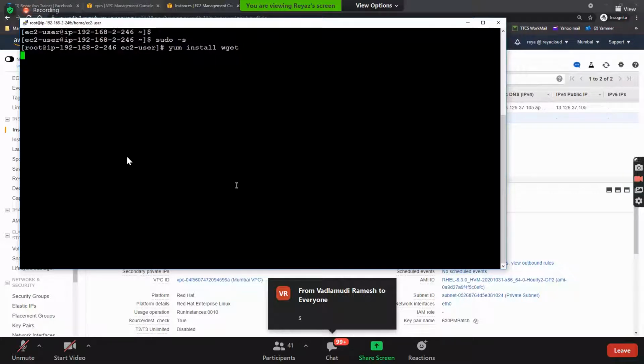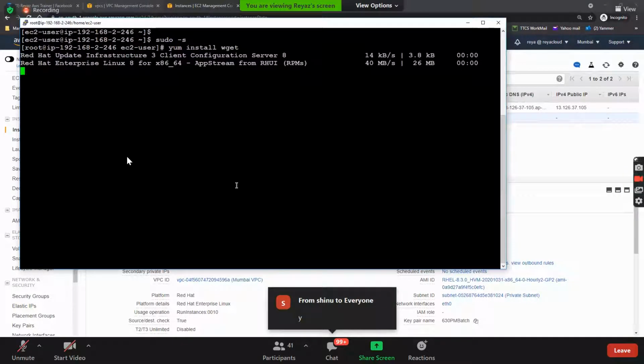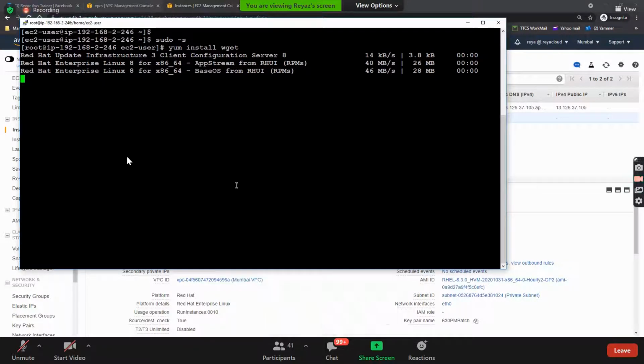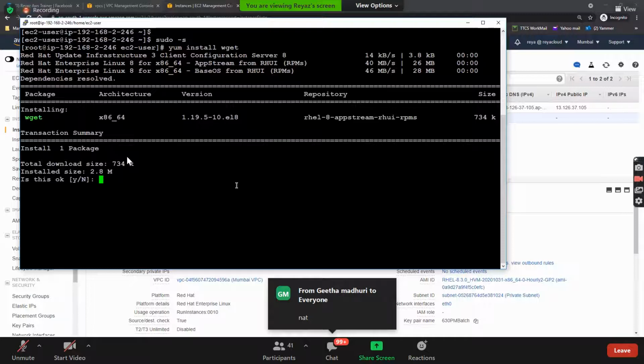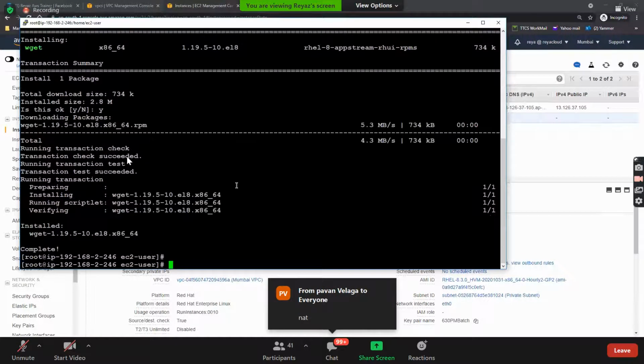Yeah. Guys, who is giving internet access to this server? NAT gateway. Very good. See, I'm able to install it and it successfully ran.